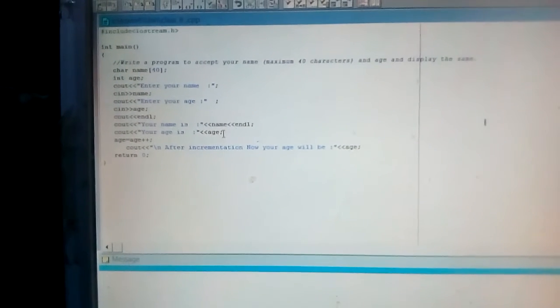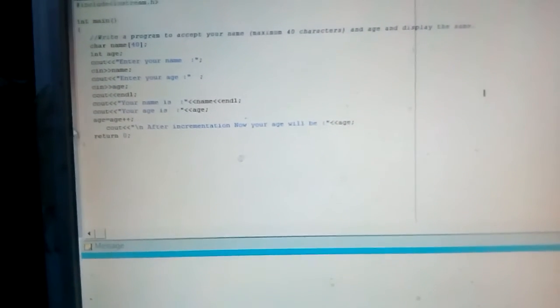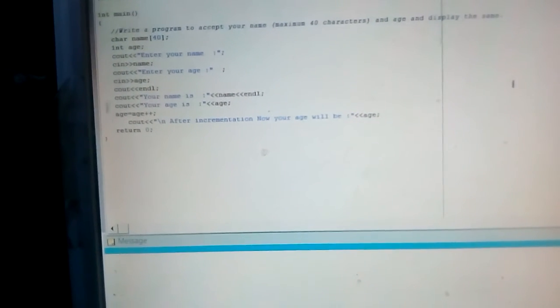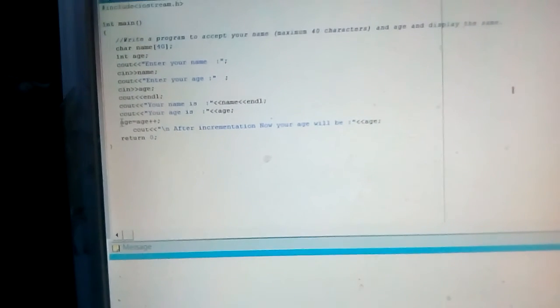Now on the next line you can see age is equal to age plus plus. That means it will assign the value. First it will show you the increase of the age, and then it will enter into the age. Because if it is given like age1 equal to age plus plus and you are writing here age1, then it will show the last age.